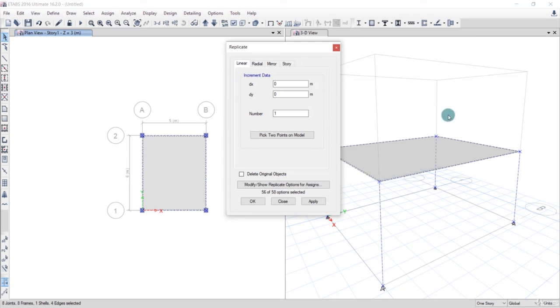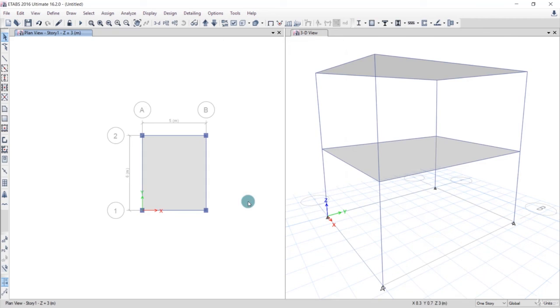Okay, we are copying this floor wise, so we'll click on story and we'll just copy it to story 2 and click on OK. So now you can see that you got the second story on the go, like a boom, right? Okay, after modeling